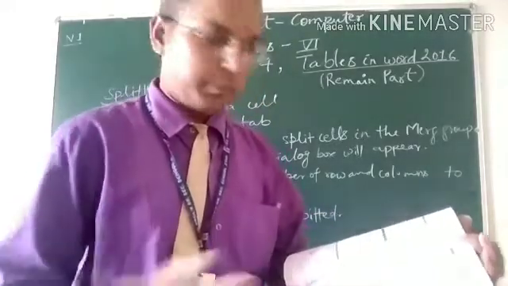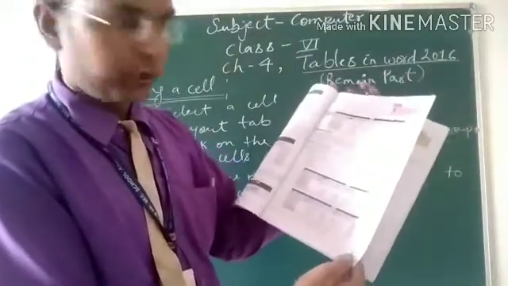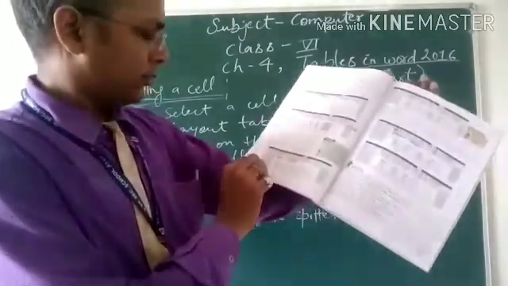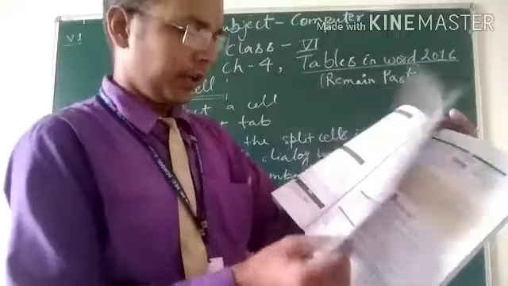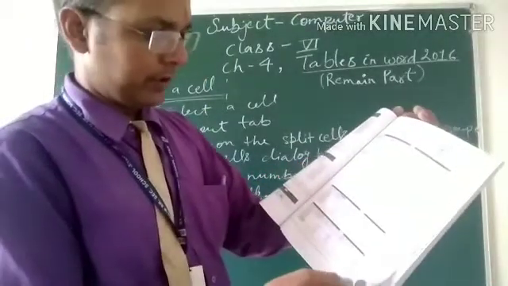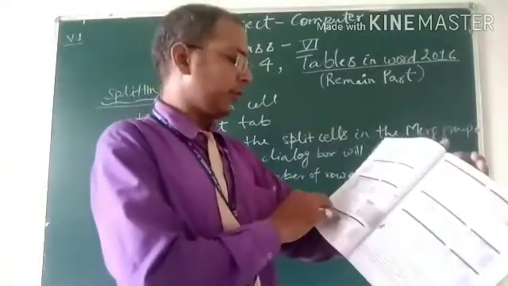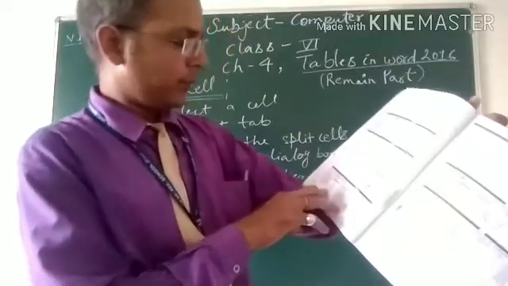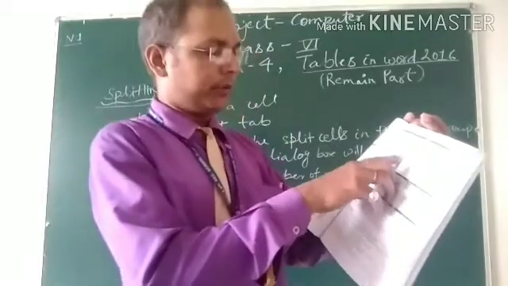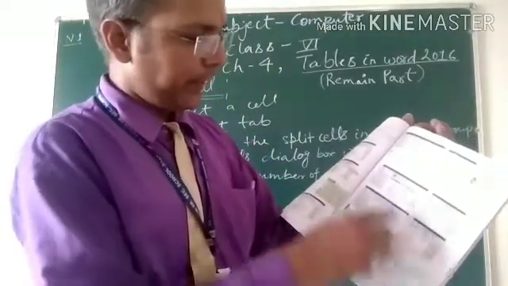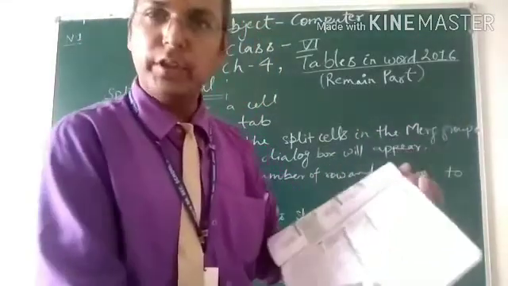So my dear students, this chapter is completed. In today's video, modifying table, on page 41 are editing and adding rows and columns, figures 4.11, 4.12. Deletion of row, figure 4.15 on page 42, and figure 4.16 after deletion of row on pages 42, 43. Deletion of the column, figures 4.17 and 4.18 on page 43.